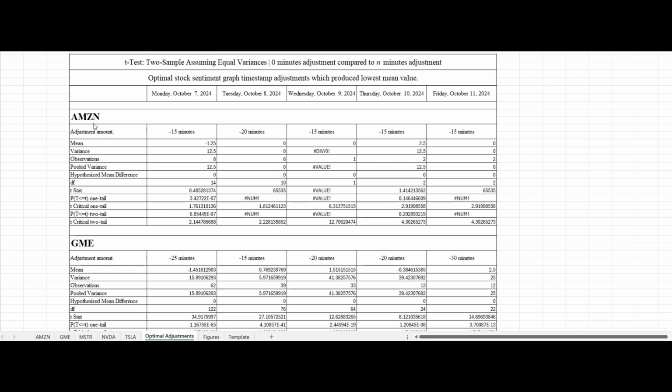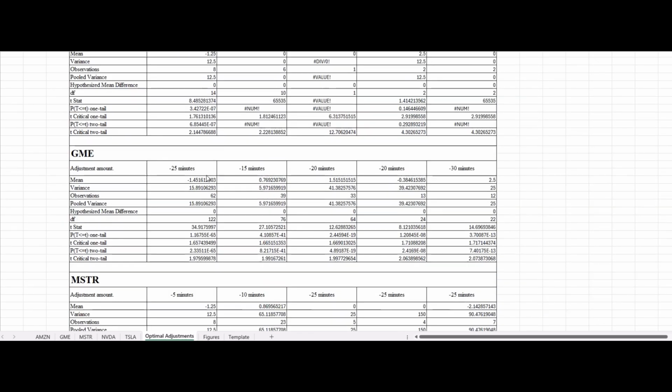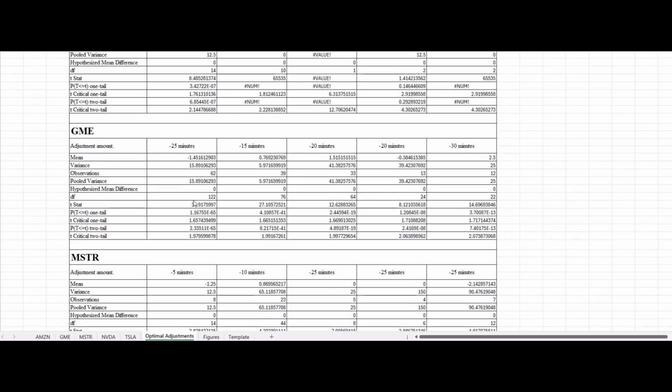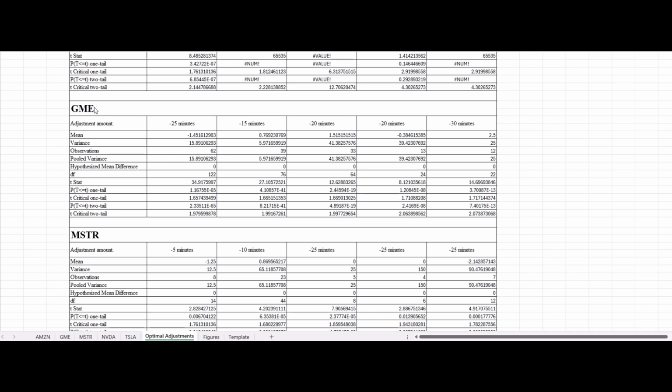So in this case, nothing from Amazon was considered because the highest observation was 8 on Monday, October 7th. However, if we drop down to, say for example, GameStop, GME, you can see that Monday, Tuesday, Wednesday, all three of these actually qualify to be considered